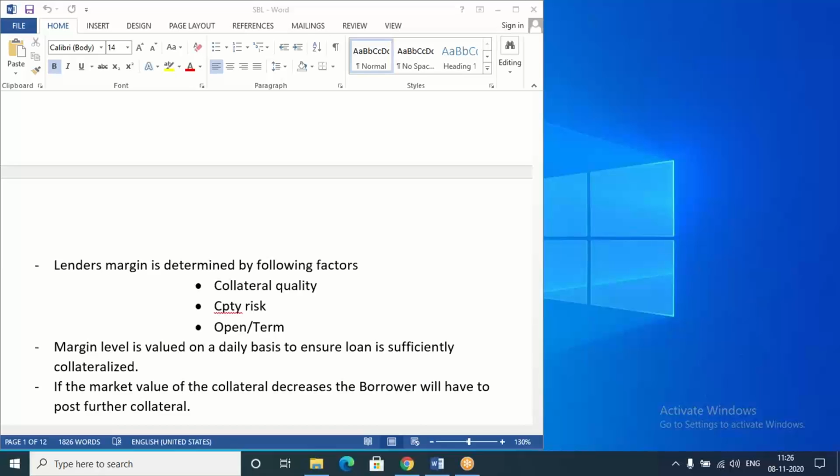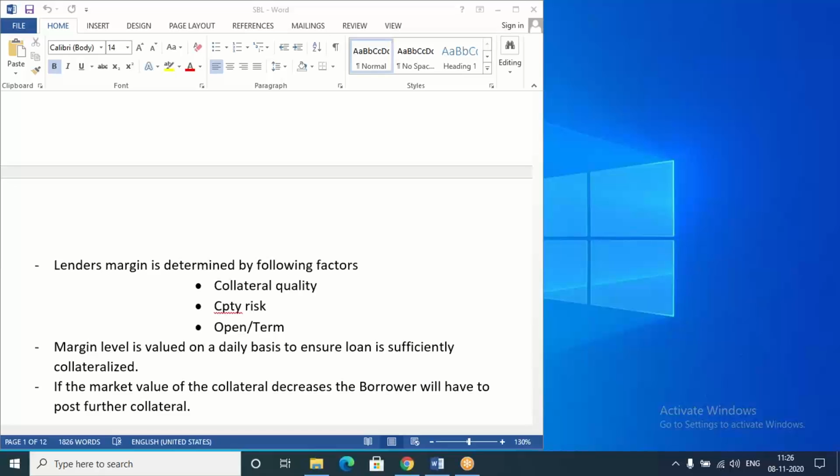So the collateral value was 200,000 extra, sorry. So let's say the borrower gave